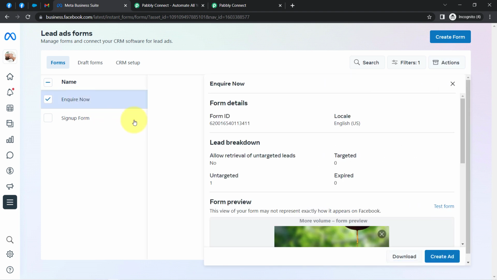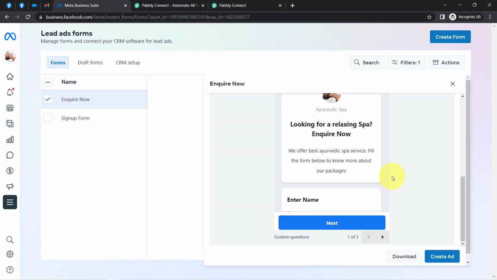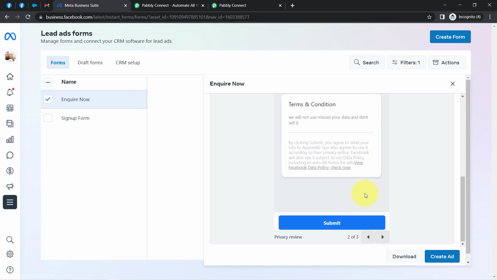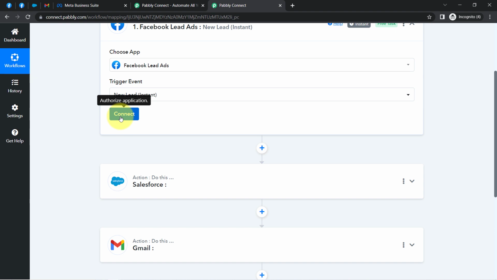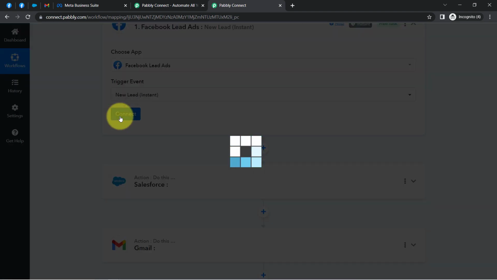Okay, so let me select the same. You can also preview this form from here. Okay, let me show you the same preview. This is the form. I think I have shown you already the Facebook page and the lead ad form. Now come back to Pabbly Connect and simply click on connect, and then you will have to provide